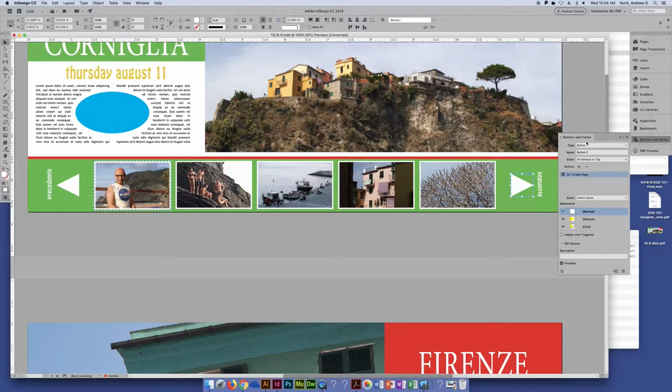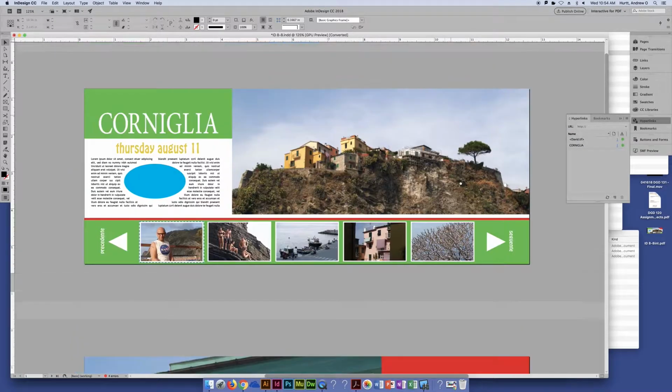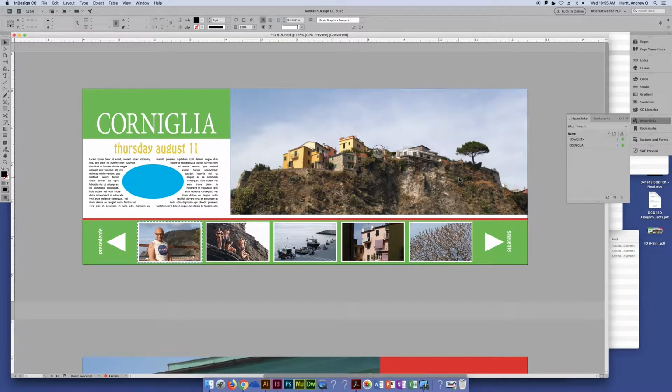So again, we set up our action on release or tap. It's going to go to the next page. Except for these states, everything else I'm kind of leaving default. We have our bookmarks set up. We have our hyperlinks that are okay. Everything is in working order. So now, you can't really preview the stuff until you export it, which is kind of annoying. I wish there was a way to live preview your interactivity. But obviously that's why they have these warnings here, so you kind of trust that